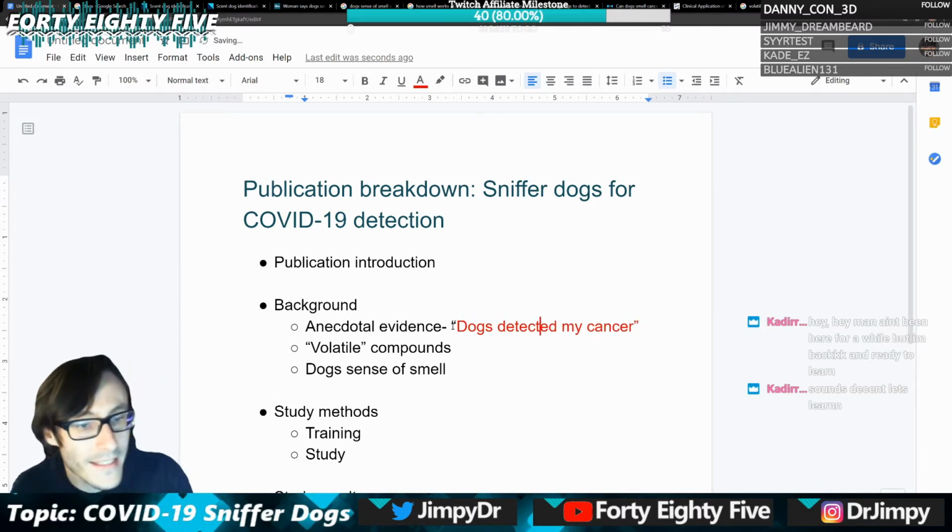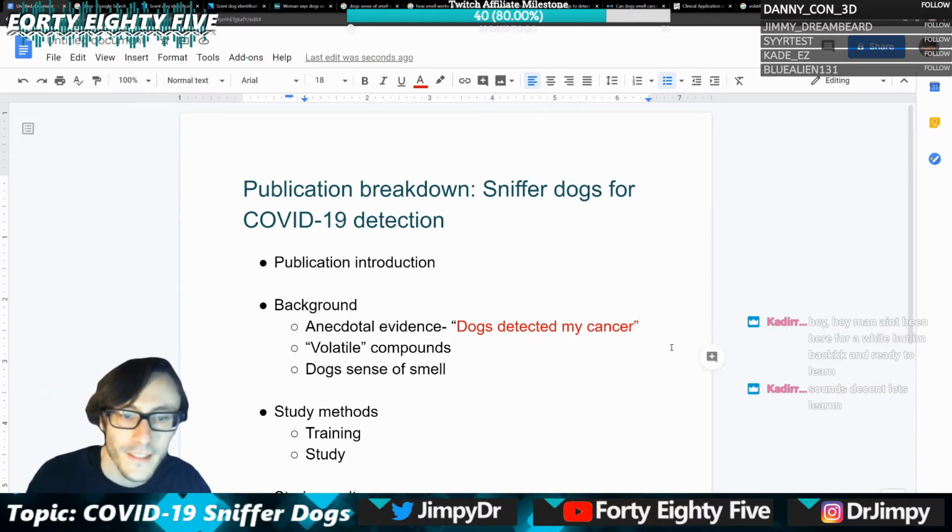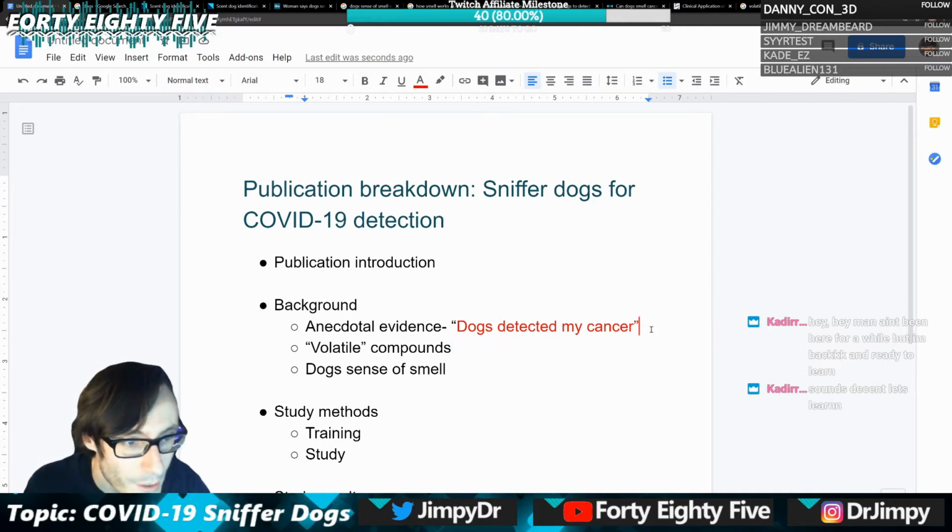But there aren't that many studies. There are some studies that look at this properly scientifically, but there aren't that many studies that look at this, right? And it shouldn't really be too surprising that a dog's sense of smell is able to pick up this kind of stuff, because we all give off,